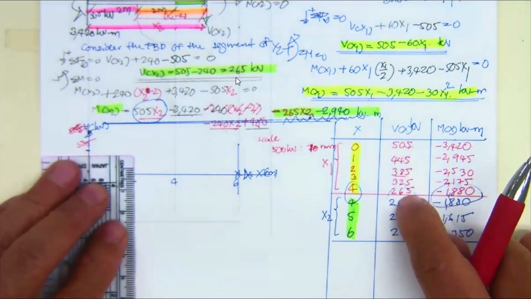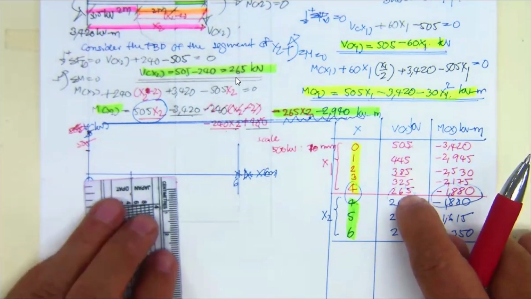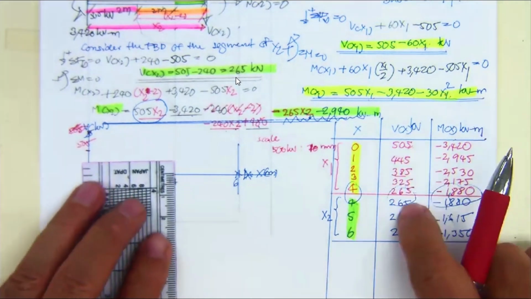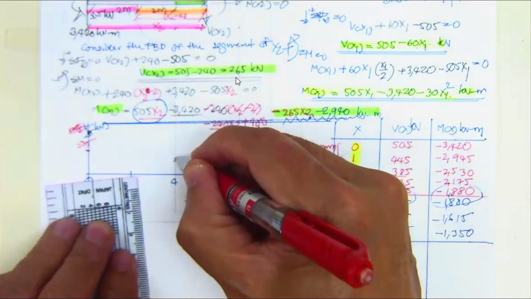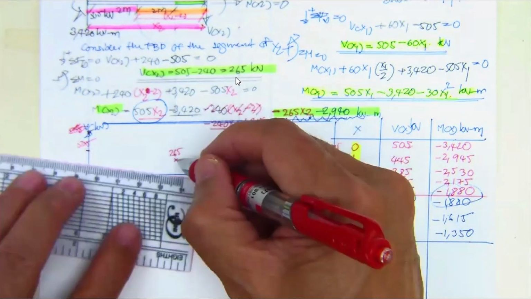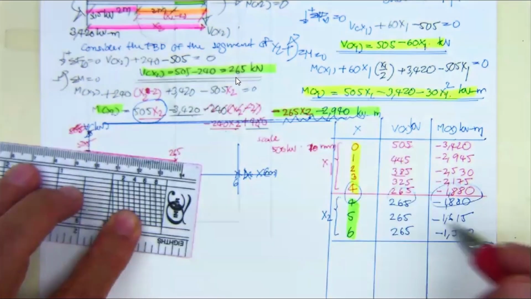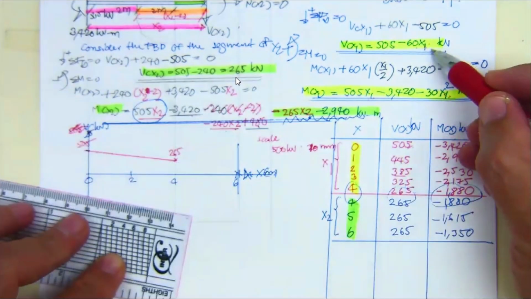This one is linear. That's going to be 265, which is about 6 millimeter. This is 265, and it's going to be linear. Okay, since the function is linear, that's going to be